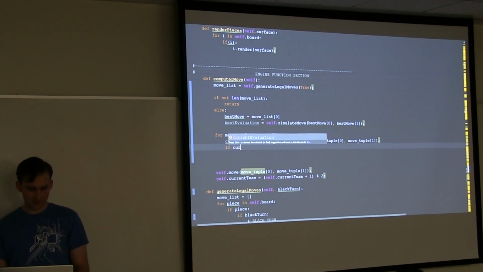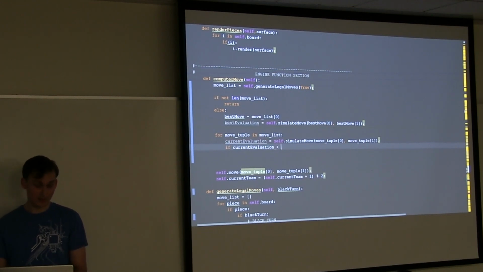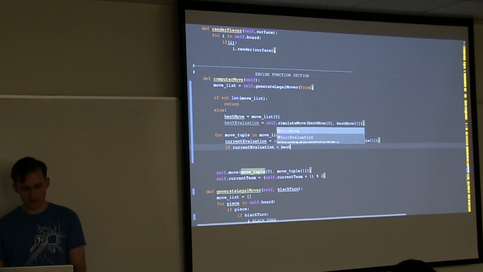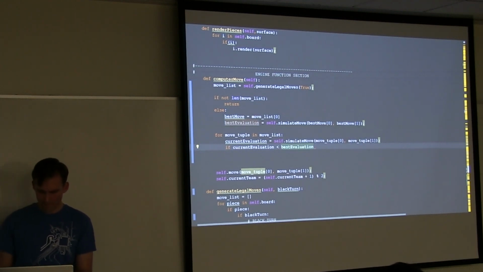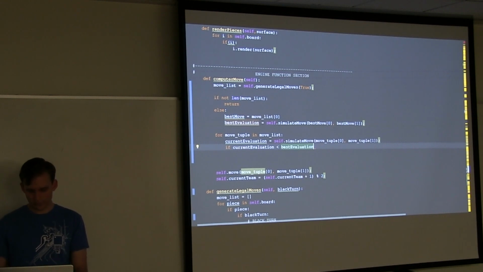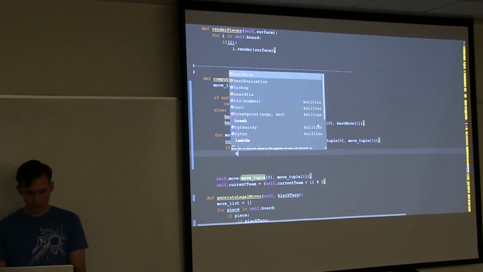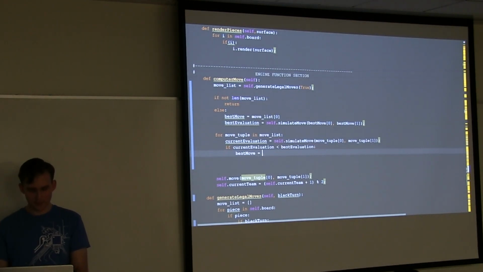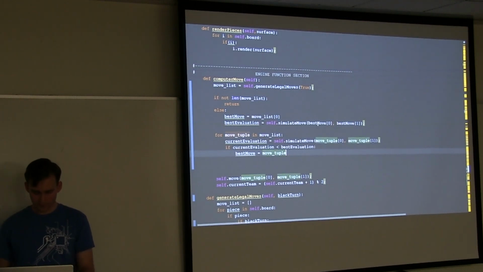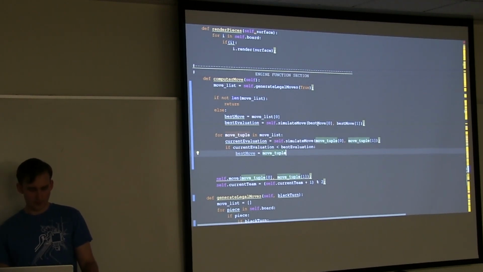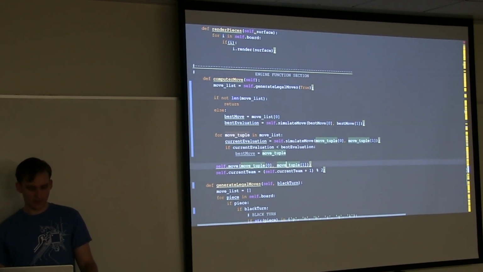And if this evaluation is better, meaning less than the best evaluation, then we want to set best move to that move tuple. And it really does flow very simply from that point.